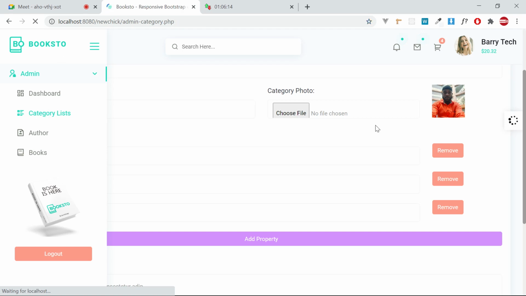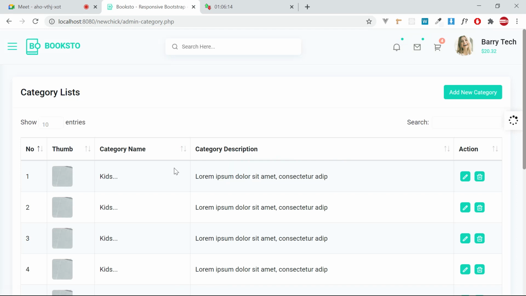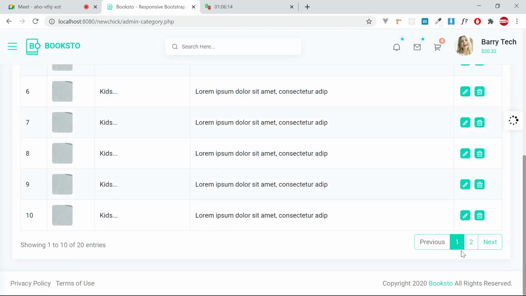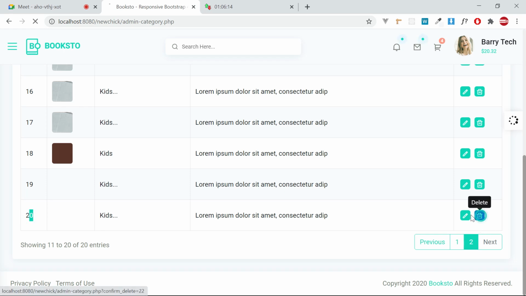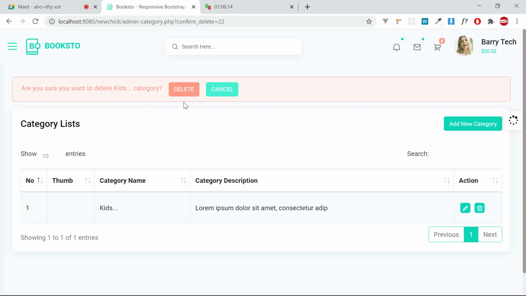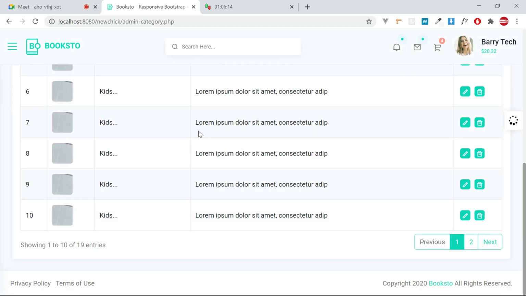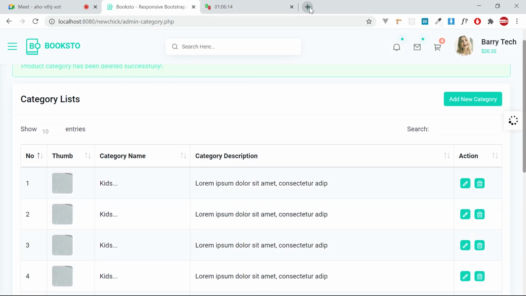Okay, there are so many. You can see they are around 20. So what I'm going to do is reset everything so that we begin afresh, because deleting one by one can take time. If you want to delete everything and reset the categories to basic, what we'll do is